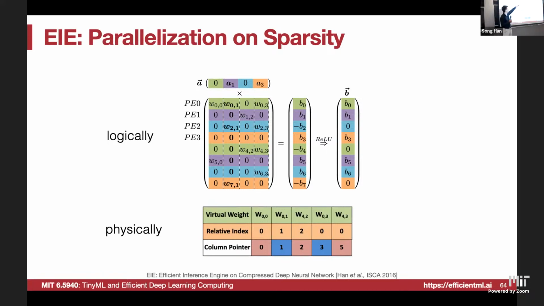And we can see for this green PE, PE0, the first non-zero element is W00. The second one is a 0, so we are not storing that. The direct next one is W01, and it's skipped by 1 element, so we have a skip of 1. And then we skip 2 elements, okay? Skip 2 elements, so this is the relative index, showing the distance between this non-zero element, W42, which is here,